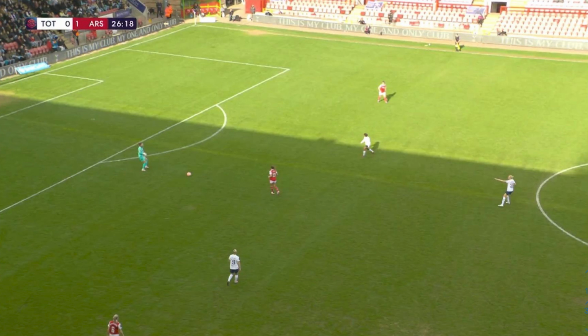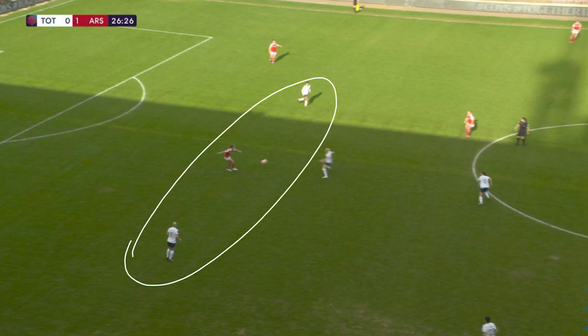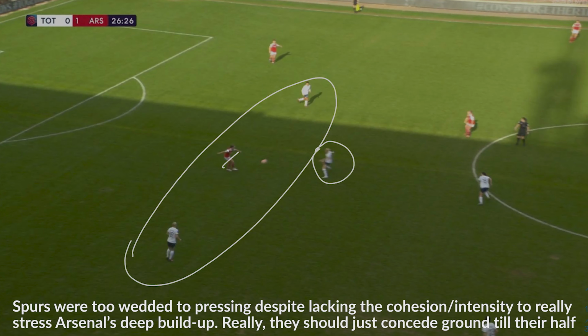Moving on to the 27th minute, we've got Arsenal set up in this 3-1 shape, Walti dropping to become that central centre-back versus Tottenham's attempt at a 4-4-2. But again, we've got Sumanen, one of the centre midfielders, looking to try and push out because of Walty. Unfortunately, with England and Spence as high as they were, and Sumanen not really close enough to Walty to be able to stop her,